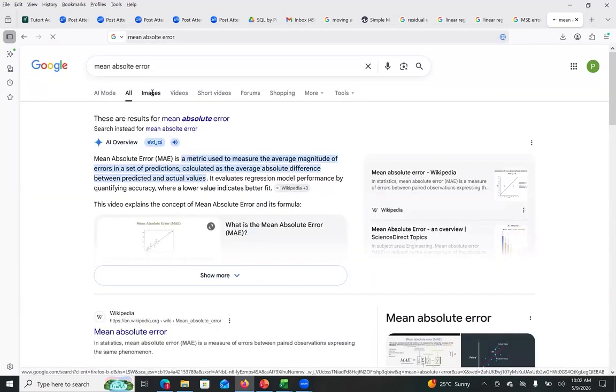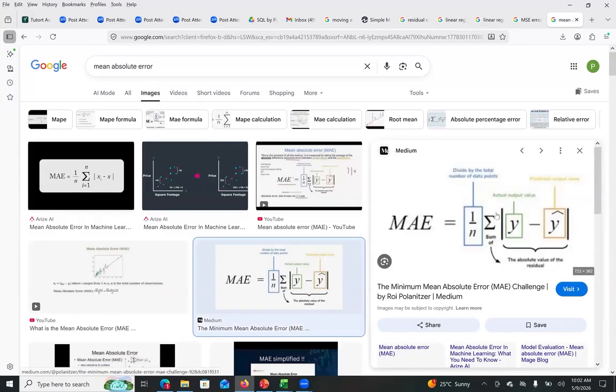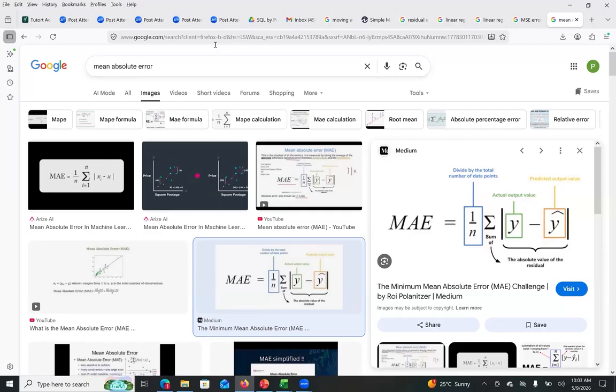So the whole idea behind this is mean absolute error. Instead of taking a square of it to remove the sign, we are taking the absolute value of it to remove the sign. But why are we removing the sign? Because if we do not remove the sign, and if errors are random, which they are most of the time, they will cancel out each other. The errors will cancel out each other.